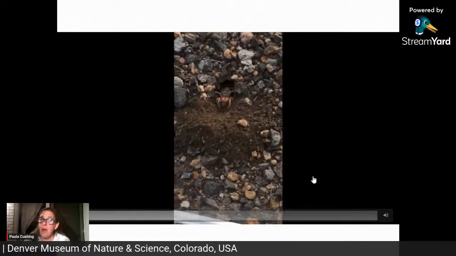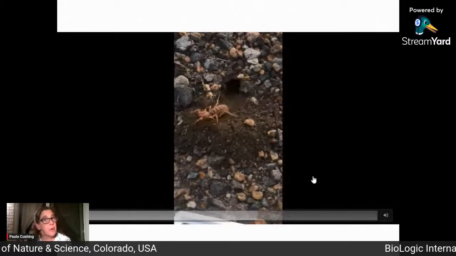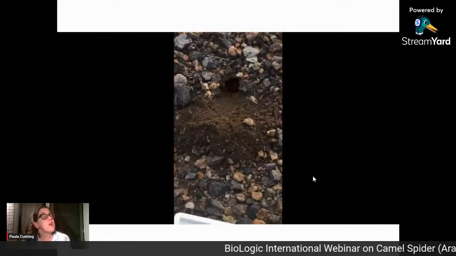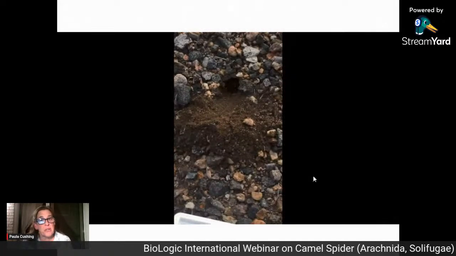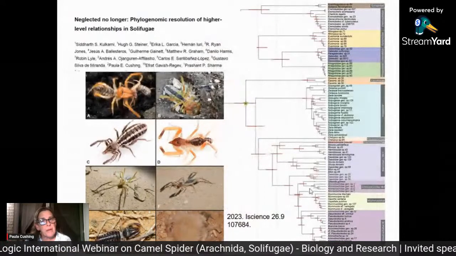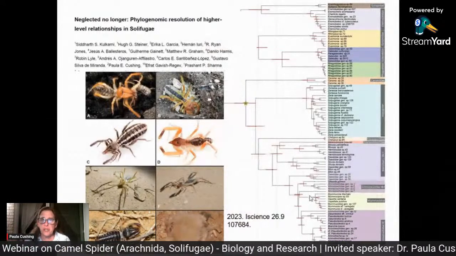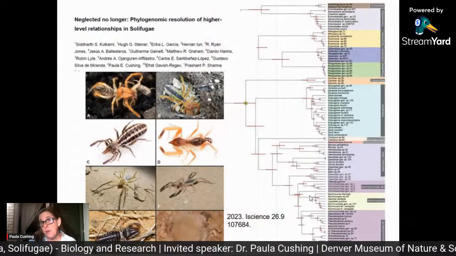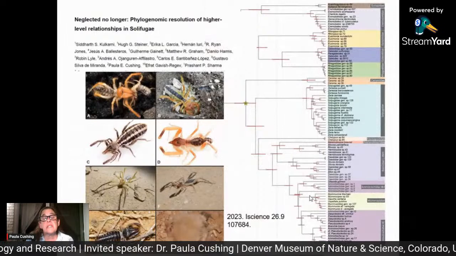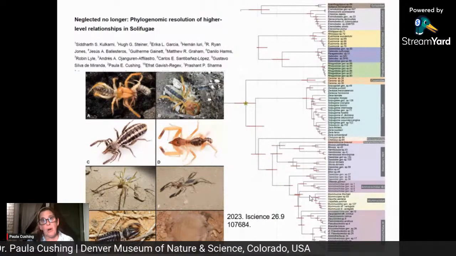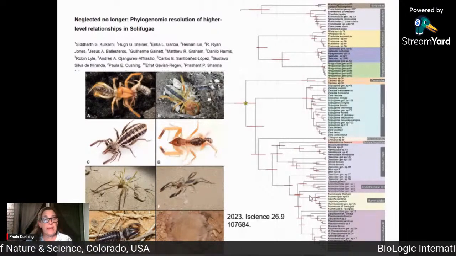Now, whether or not solifugae build permanent burrows that they return to every evening, we don't know. There are many aspects about their natural history that we do not know yet. So we don't know if they have permanent burrows. We don't know if they return to those burrows every evening or if they construct a new burrow every night. We suspect that females probably will build a semi-permanent burrow when they are reproductively active, when they are ready to